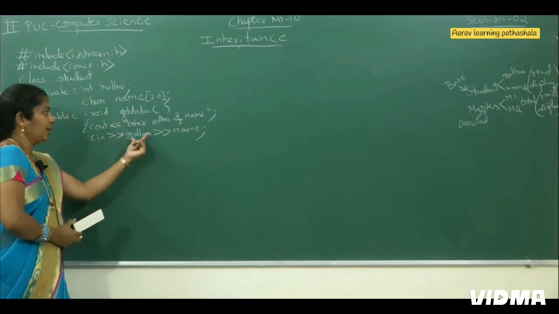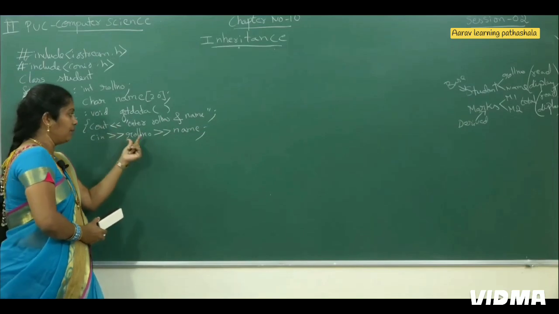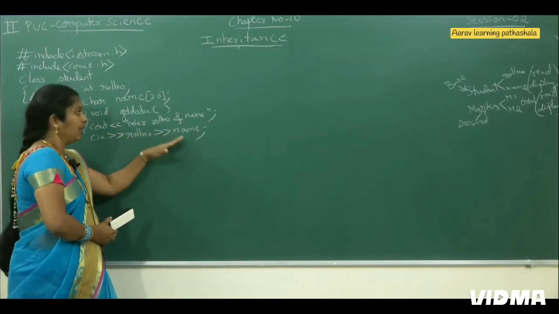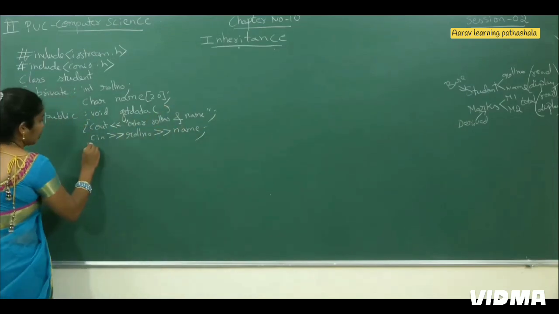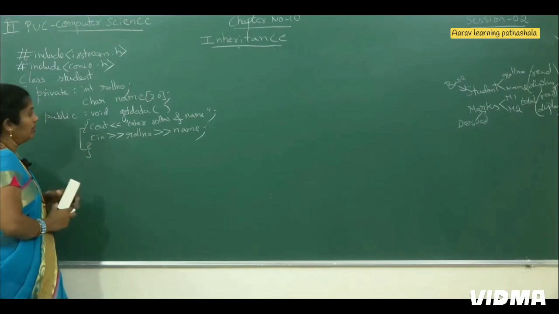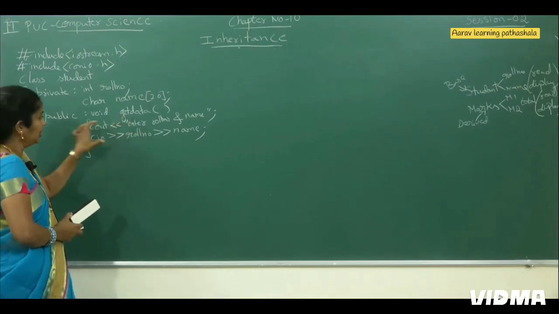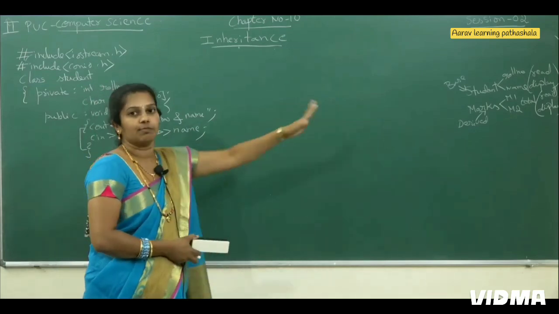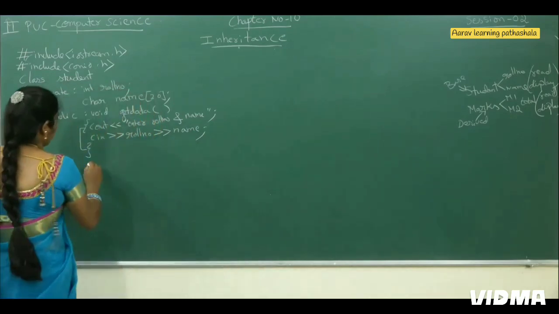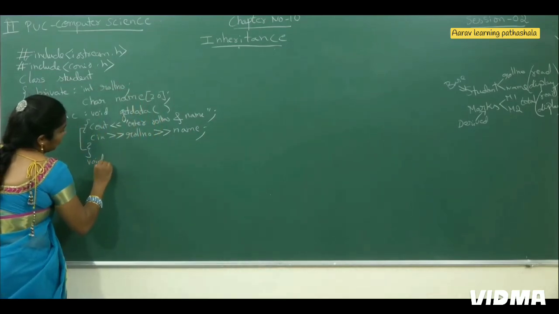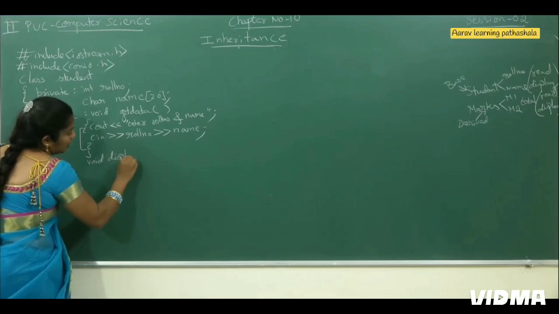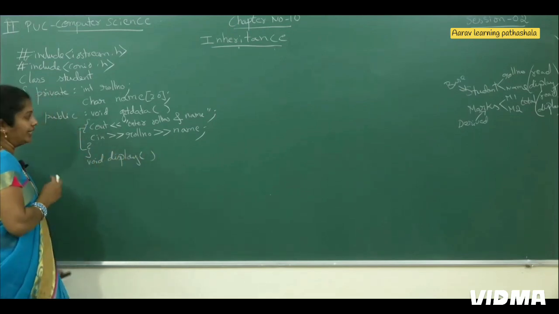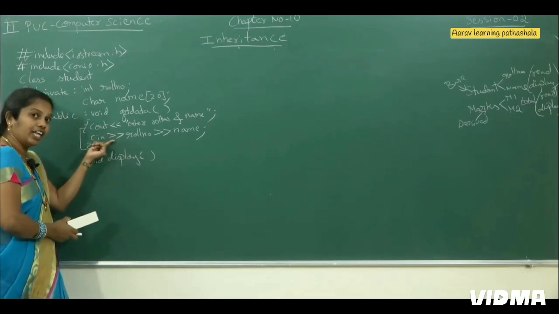Here two variables, one is roll number, two data members, one is roll number and one more is name. Here we are input. Then we will close this function. This is the get data, one function. Here I open and here I close it. What is the next thing I want to do? I want to display these two values. Then void display function. Here I just input madidini.